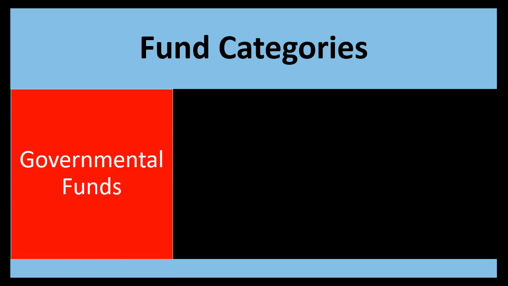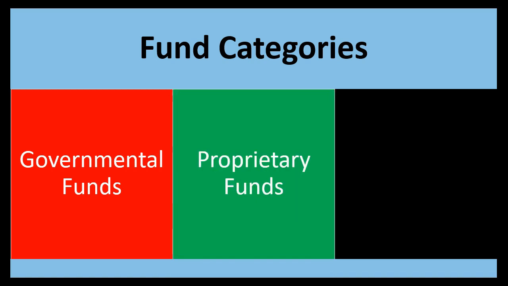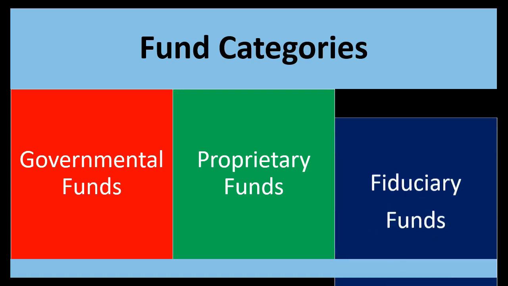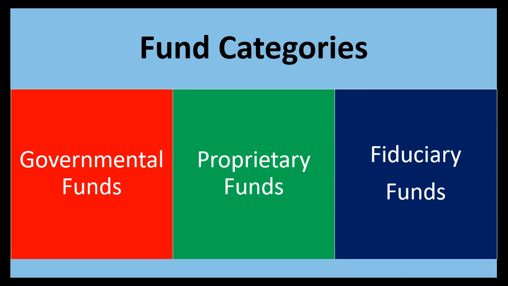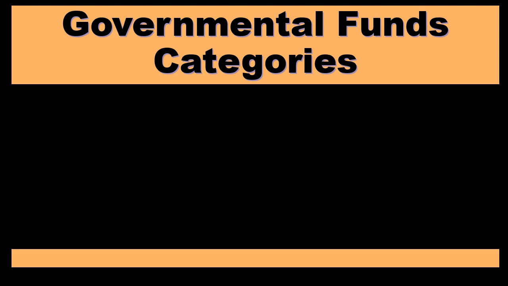Fund categories. These are going to be the categories that we're going to group these different types of funds into. Governmental funds, this is going to be typically the largest category that we'll have. So when we think about different types of funds, we are usually considering a governmental type fund most of the time. We have proprietary funds. Proprietary funds are going to be those that act more like a business type of activity, where we might have some type of customer relationship or similar to a customer relationship within those types of funds, so they behave differently. And then we have the fiduciary funds, where the fund has some type of fiduciary responsibility. We'll get into some more detail about these categories now.